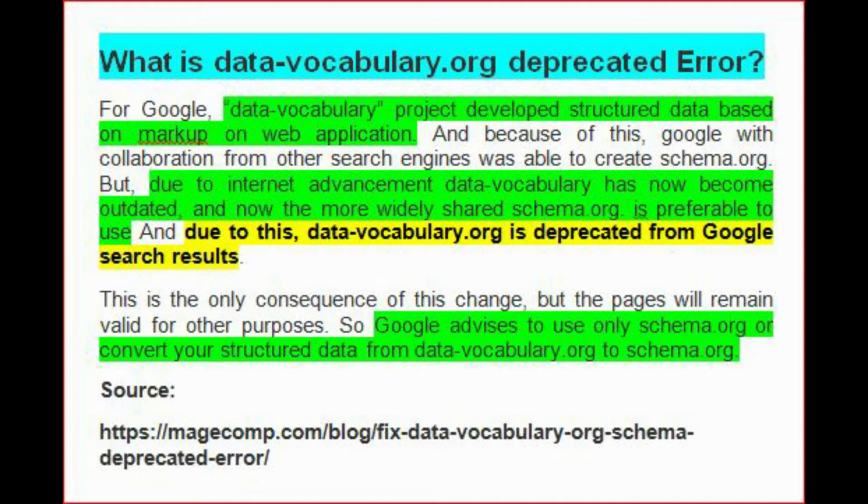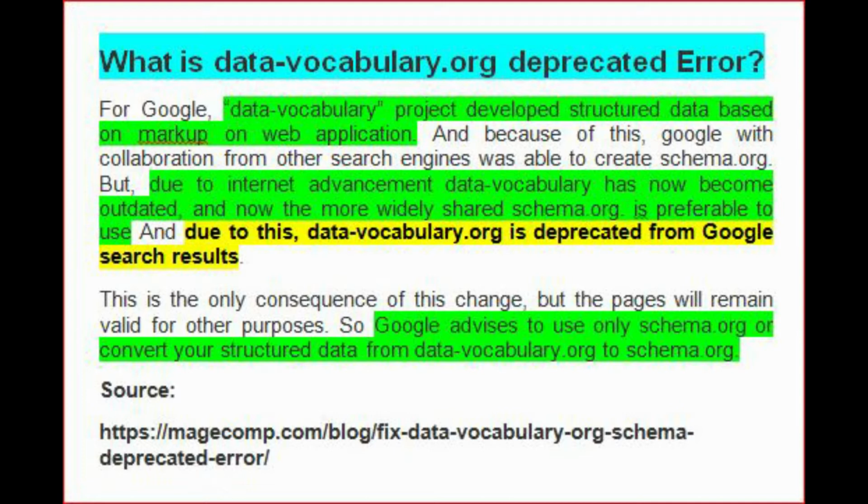because of this, Google, in collaboration with other search engines, was able to create schema.org. But due to internet advancement, this data vocabulary has now become outdated, and the more widely shared schema.org is preferable to use, and due to this, the old datavocabulary.org is deprecated, meaning it is now disapproved from Google search result.